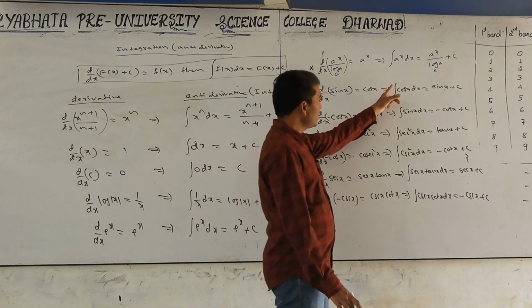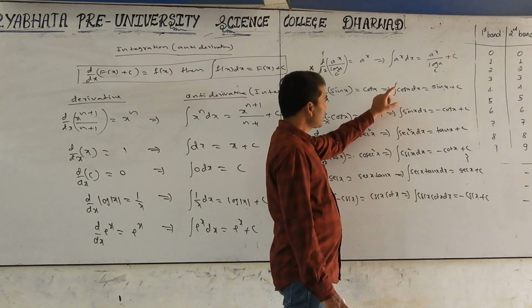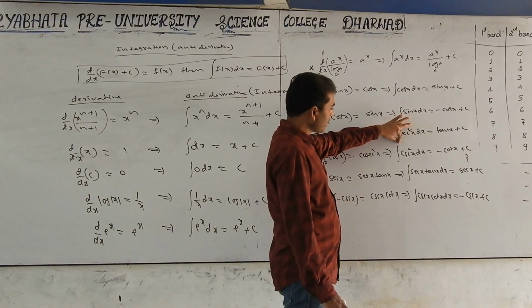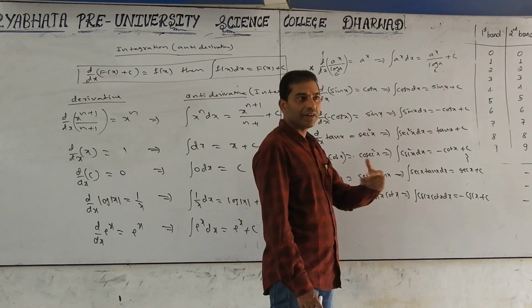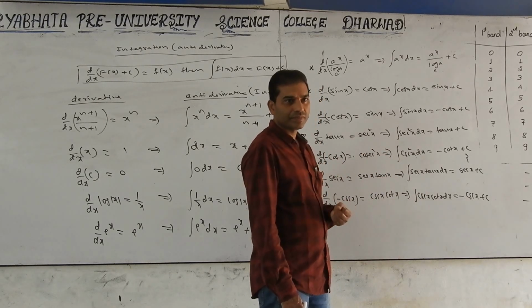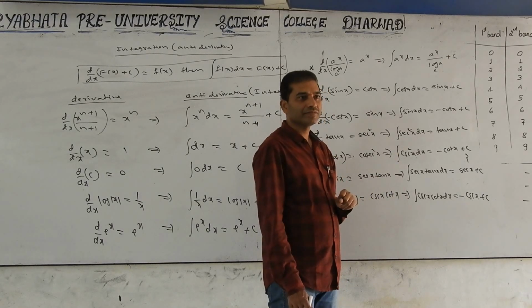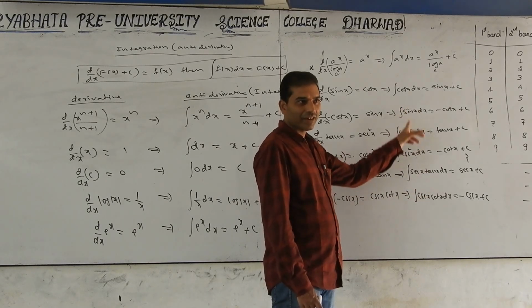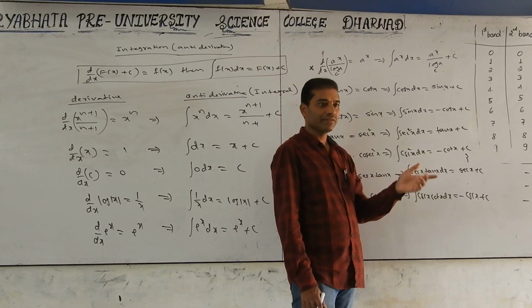So in integration, of the inverse trigonometric functions, there are only two we got. No integration of tan x, no integration of cot x, no integration of cosec x, no integration of sec x. That we'll discuss further. As of now, integration of tan x, don't know. Are you following? Integration of cot x, no. We'll get it in further classes.